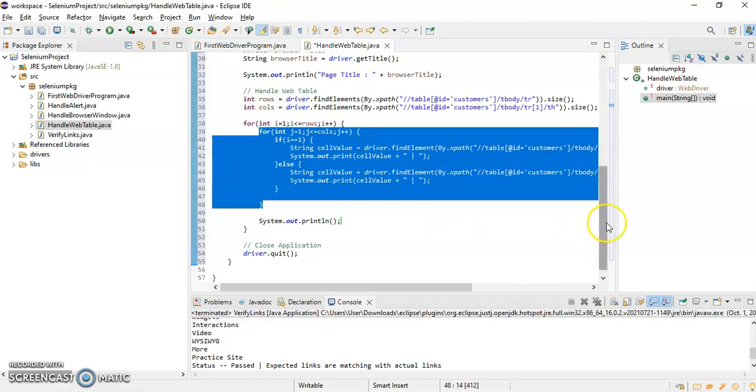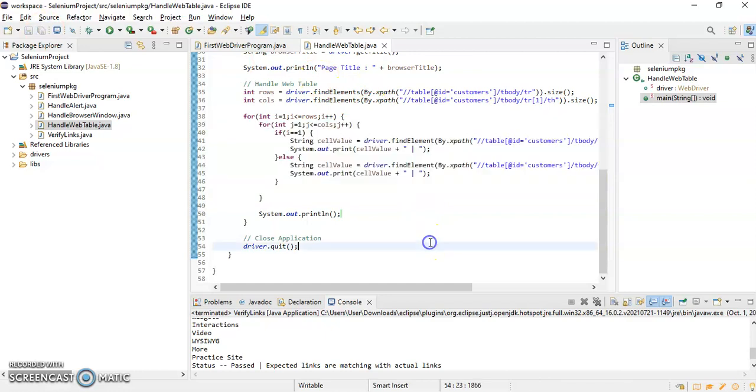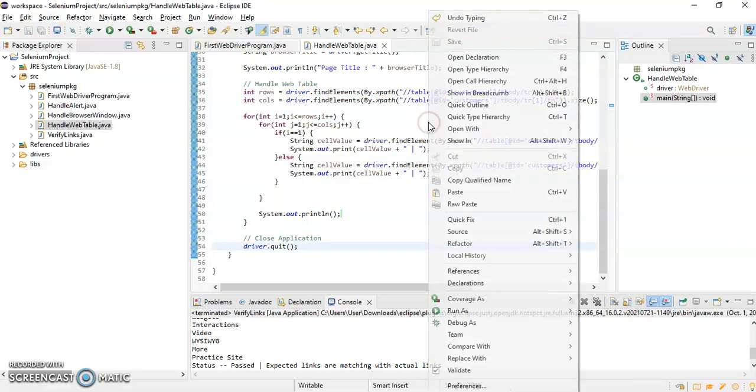Okay, so let's check whether we are able to fetch the values or not. So I just have to save it and I will run this script. So let's see, run as Java application.